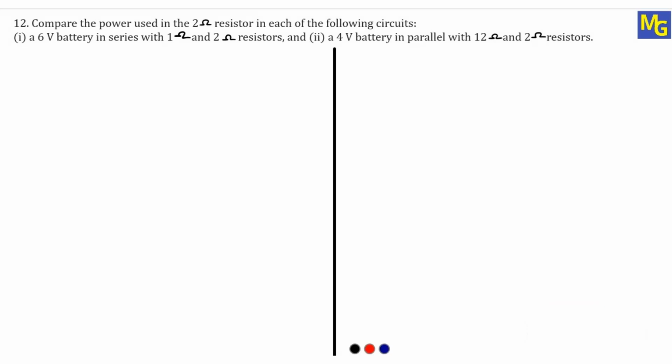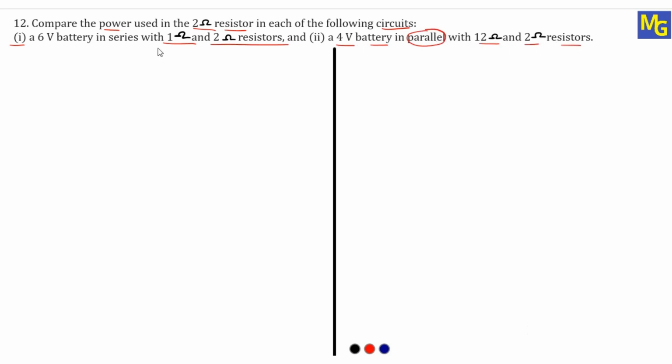In this video, I am going to solve the next numerical from chapter 11 electricity, class 10 science. So the question is, compare the power used in the 2 ohm resistor in each of the following circuits. Here we have two circuits: the first one, a 6 volt battery in series with 1 ohm and 2 ohm resistor, and the second one, a 4 volt battery in parallel with 12 ohm and 2 ohm